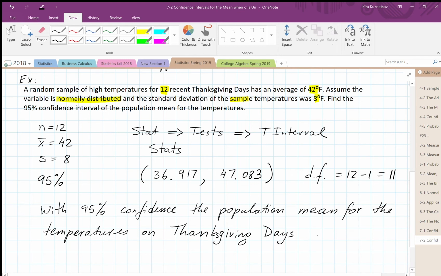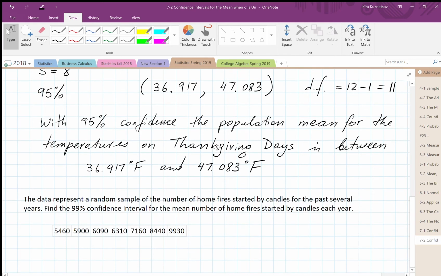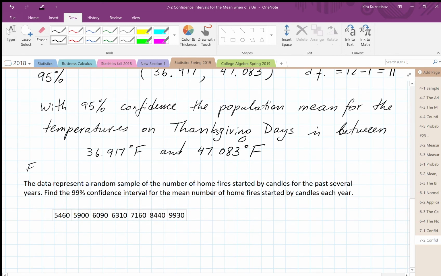Is or should be between, and then you can round. You don't have to round. In this case, you don't need to round because there is such a thing as 36.9 degrees. So you can just say it is between 36.917 degrees Fahrenheit and 47.083 degrees Fahrenheit. That should do it. I do have one more example in this book